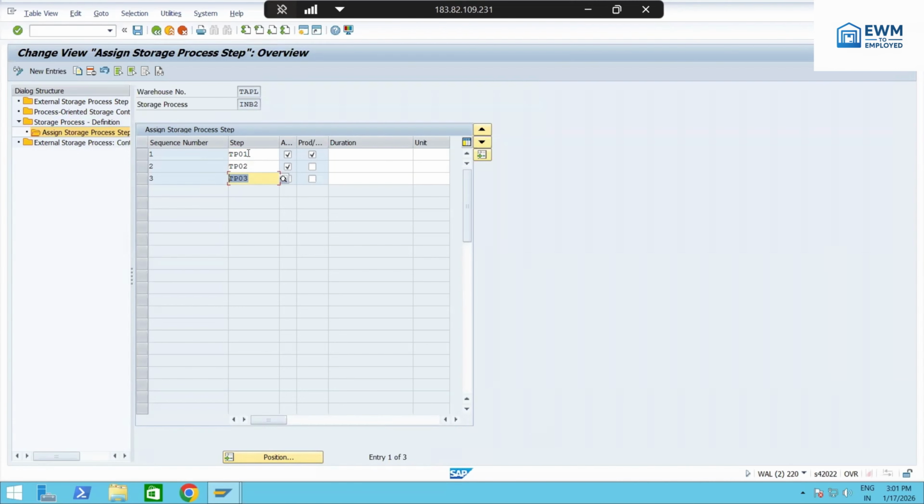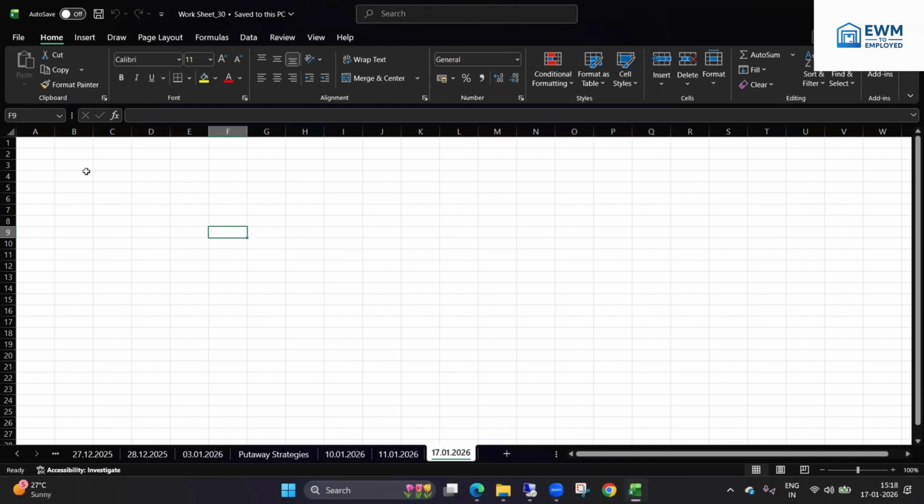So just to understand, storage process is a definition we give, and in that process we define the steps it has to follow. Correct. Allow me, let me put it in an Excel sheet. I think it is better for us to understand from there. The first thing we defined is